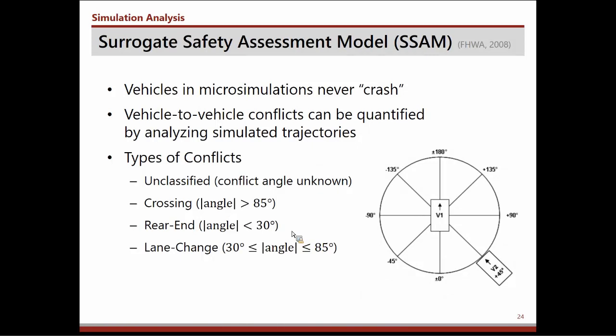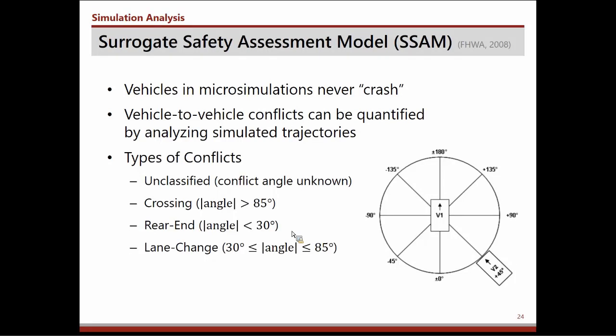But vehicle-to-vehicle conflicts can be quantified and they can be analyzed from these simulated trajectories. And so there's a surrogate safety assessment model that has been developed as a software tool by FHWA. And it analyzes the trajectories from simulation. I guess we could analyze any kind of documented trajectories, but you can export the trajectories of the vehicles from simulation, and it will categorize them